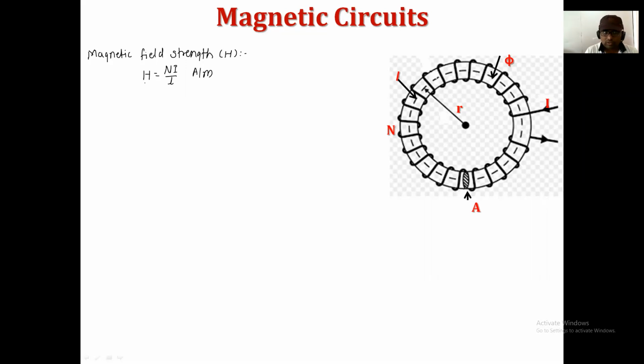This H, who will set up this H? The current. It means that the current will set up the magnetic field. It means that will set up that value of H. And now this H will decide the value of a flux density in a medium. म्हणजे बघा कोण कशावरती डिपेंड आहे. When the current will flow through that coil, the magnetic field is generated. It means that H will set. And this H, magnetic field strength, will set the flux density.